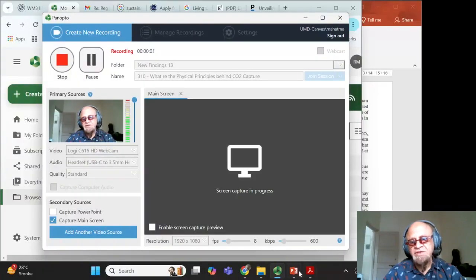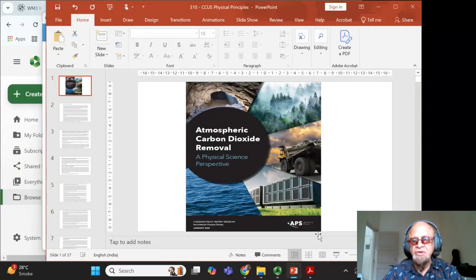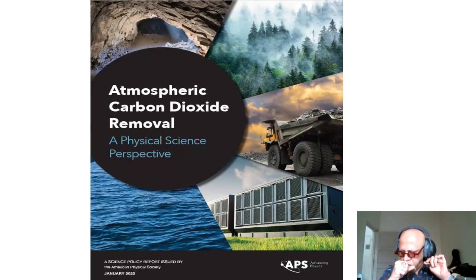So this report is titled Atmospheric Carbon Dioxide Removal, a Physical Science Perspective. It looks at all the standard CO2 drawdown methods and puts some physical science behind them in terms of limitations, costs, pros and cons, and then makes some recommendations for how such research should be funded, or what the basic science questions are that have to be asked before funding any research in these techniques and implementations, testing, monitoring,